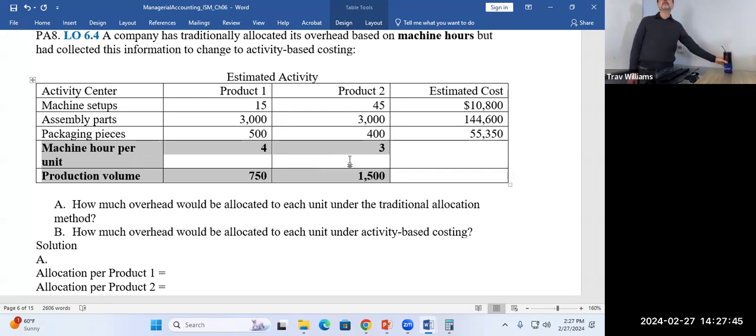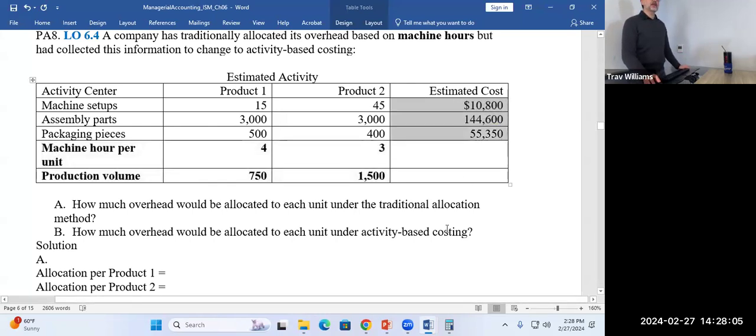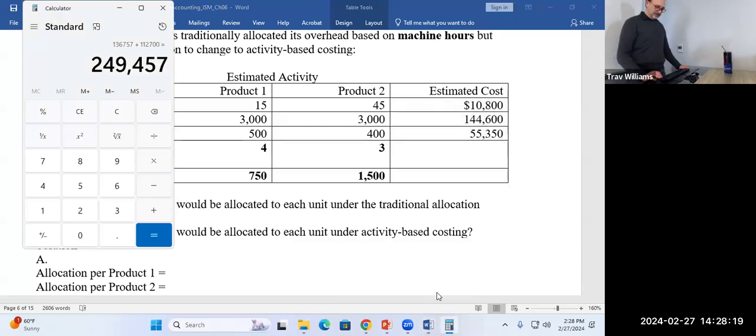Add is right, but not the production volume, because production volume is the number of units that they're going to produce, right? We're trying to figure out what is the estimated overhead cost total. Yep. What they gave us here is the 3 different cost pools of overhead. So if we add those together, we'll know the total estimated overhead. Make sense? Okay. And so they were a little sneaky there because they didn't give us that information, and they're making us work for it. But that's the way they are.